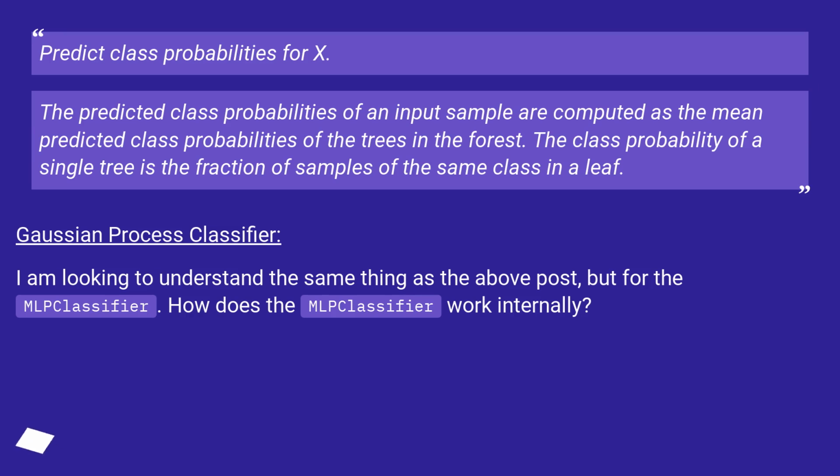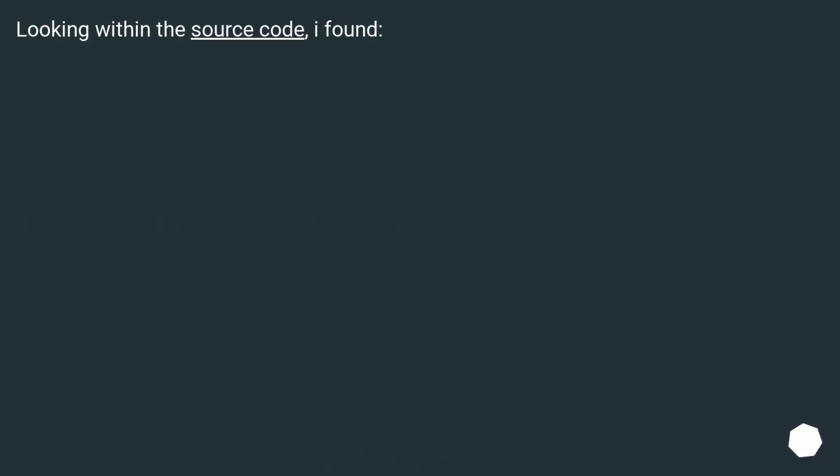I am looking to understand the same thing as the above post, but for the MLP classifier. How does the MLP classifier work internally? Looking within the source code, I found